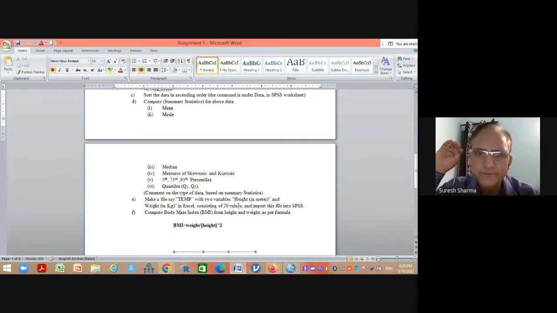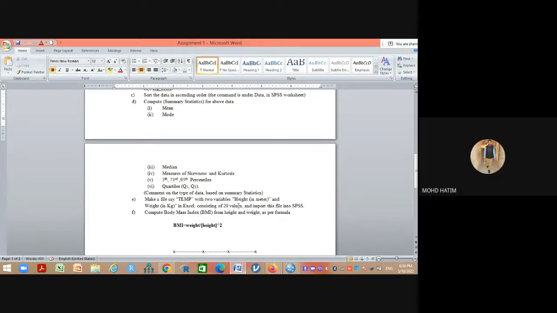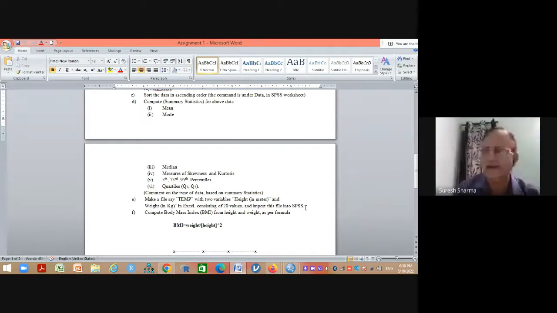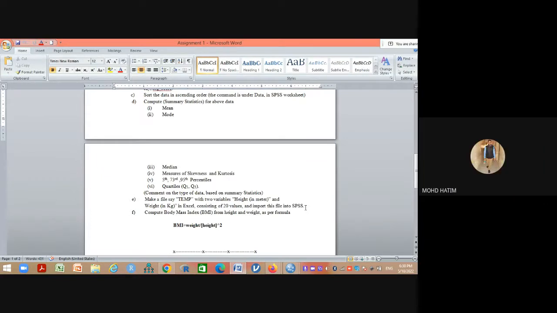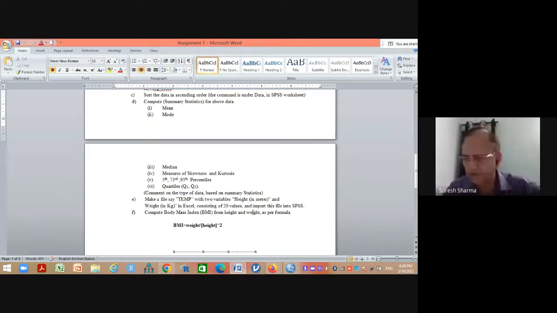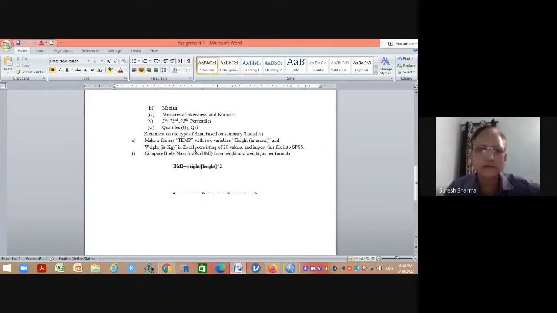Is that clear? Yes, sir. And then import that file. You give the name, one variable will be given name height, another will be weight. Save that file, and then you import that Excel file into SPSS. I have already shown you the steps. Is that okay? Yes, sir. Okay. And next is, once you have the data of height and weight, then it says you create